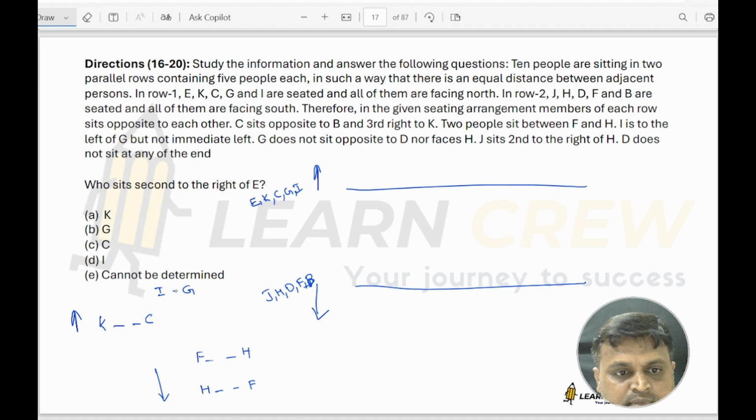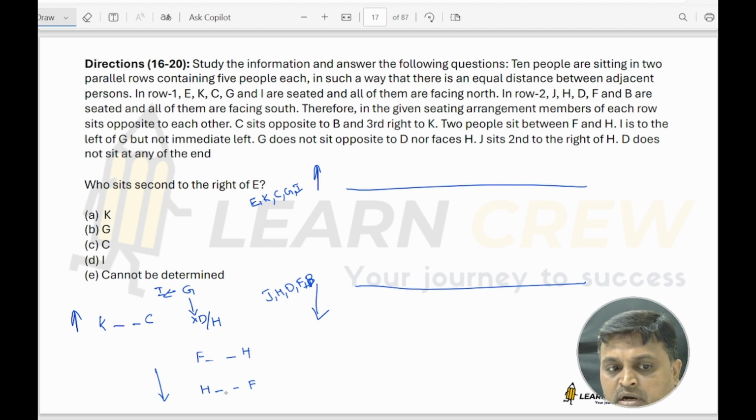Okay. Next. G does not sit opposite to D. G is also not facing H. J sits second to the right of H. J sits second to the right of H means,